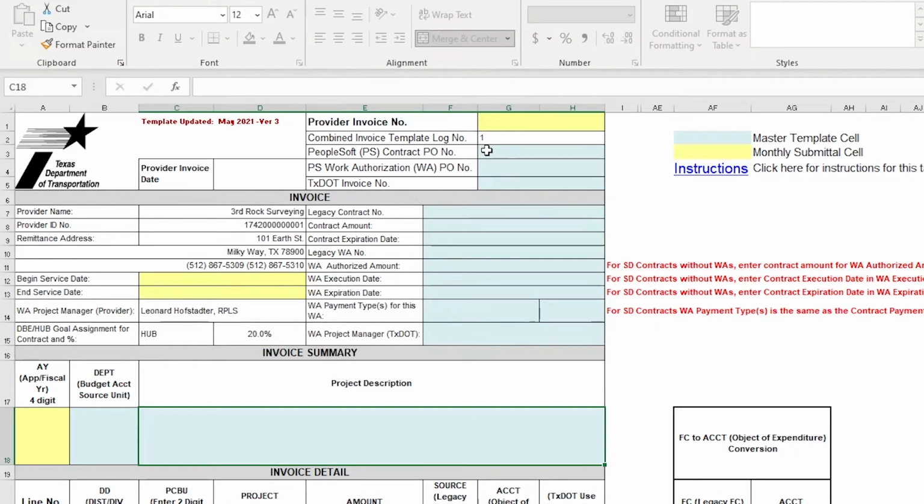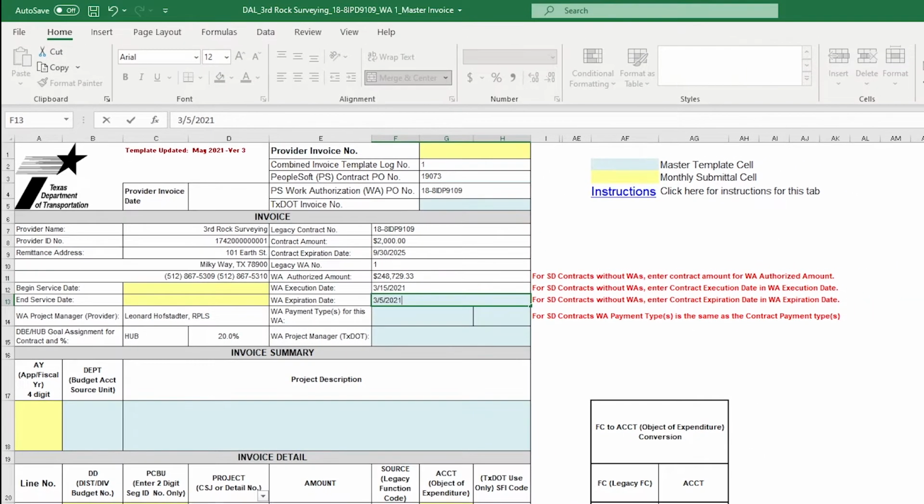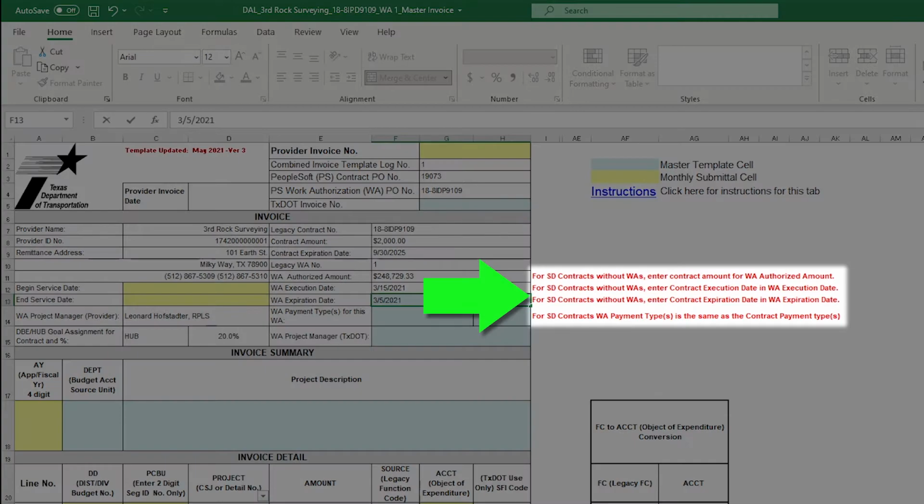Moving to the upper right area, fill in the PeopleSoft contract number. Finish filling in the right side of the invoice section with contract and work authorization numbers and legacy information, amounts, and dates. The contract information is found on the executed contract, and the work authorization information is found on the executed work authorization. Instructions for specific deliverable contracts without work authorizations are shown in red text to the right of